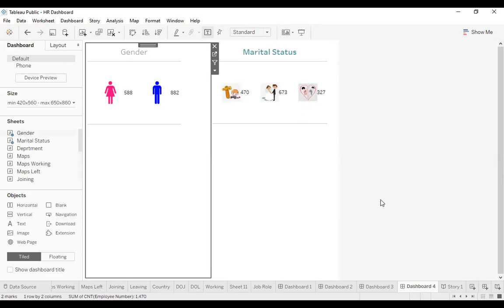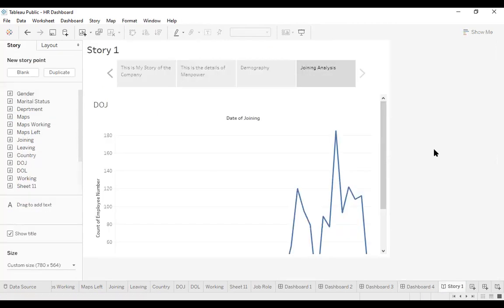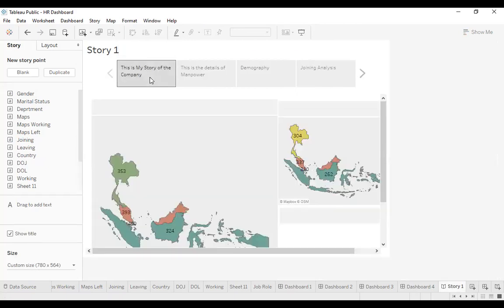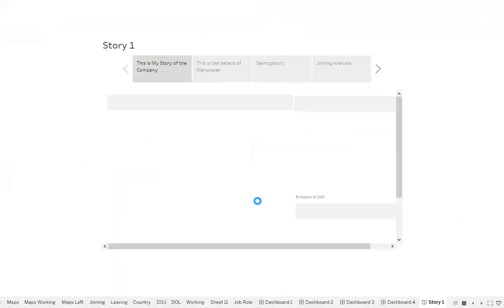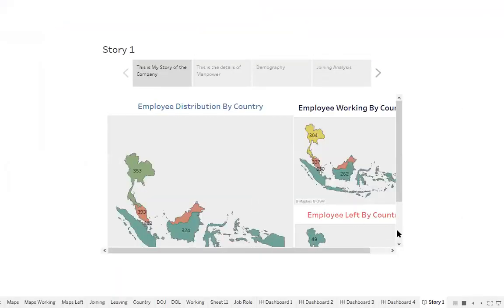So one dashboard shows all the information, and then using the feature called story in Tableau, we can prepare the presentation. So this is my story, and this is how we can show the presentation view.